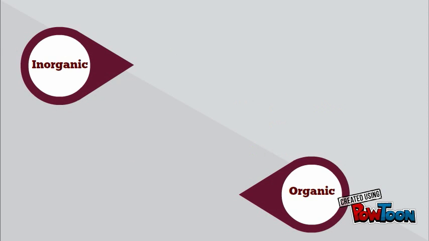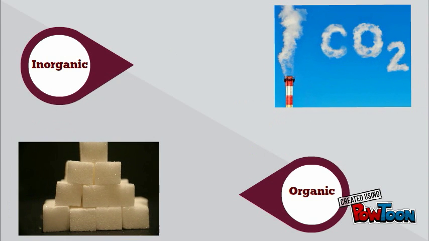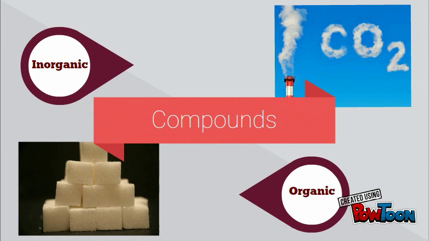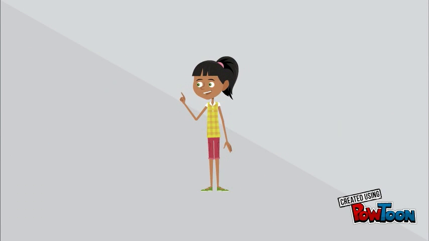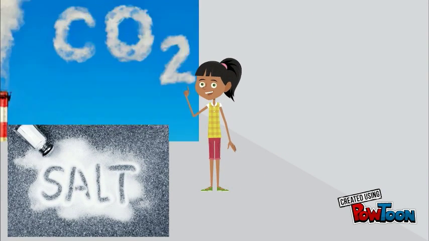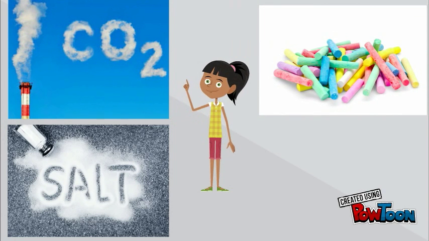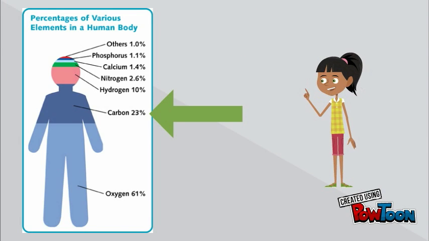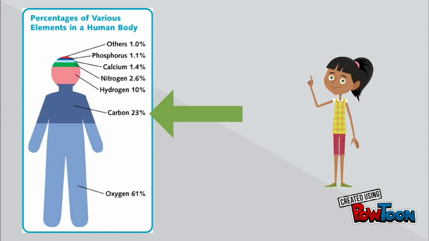Let's start basic with two categories, inorganic and organic, more specifically in relation to compounds. Inorganic compounds are things like salt, carbon dioxide, and chalk. Organic compounds, on the other hand, contain significant amounts of carbon and relate more to our human body and its